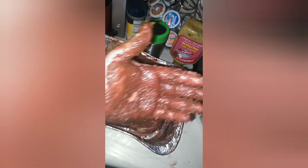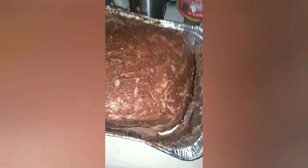So now I have applied the mustard and then my homemade sauce, and there we go. You rub it in, make sure you get it on all the sides and the top, the bottom. It doesn't look that great, but gotta make sure you get all this